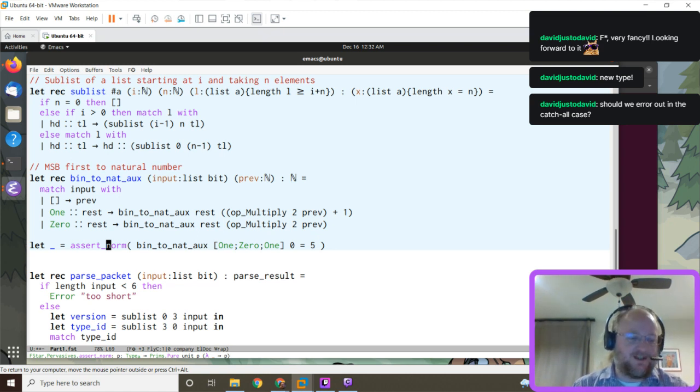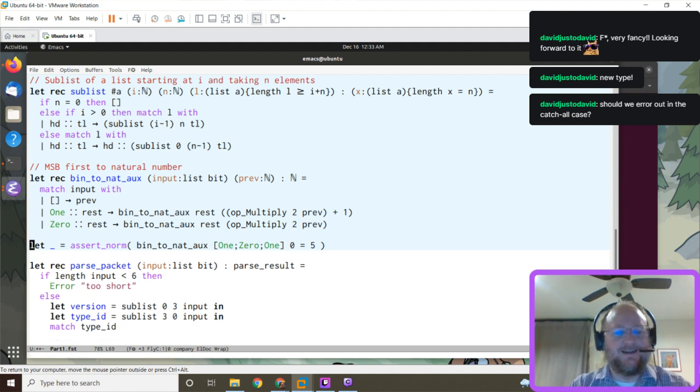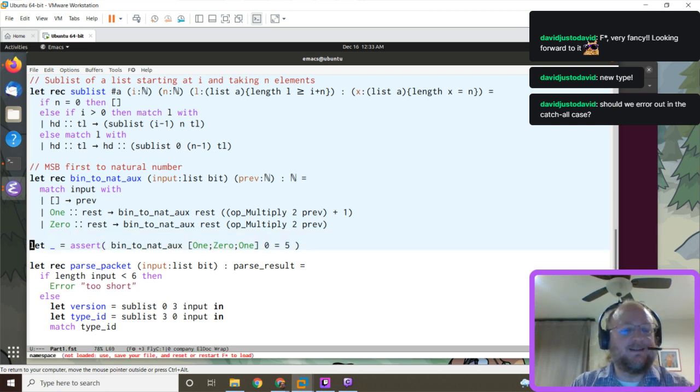And assert norm says normalize the expression as much as you can by evaluating it, and then give it to the solver. So it might or might not work with assert. Let's try it, but it does work with assert. But if the list is long enough, that would stop working. Okay, so